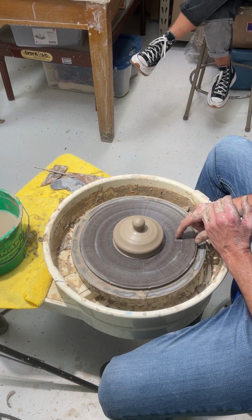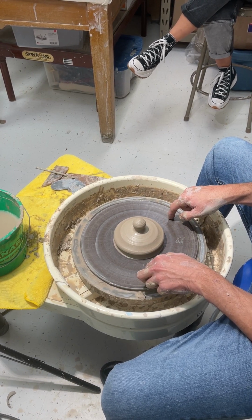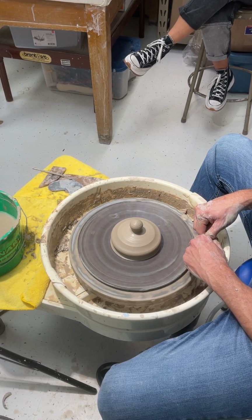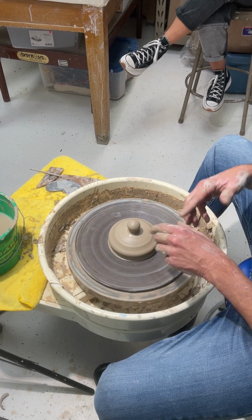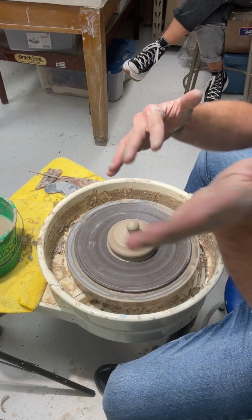I always tell people on this lid, learn this one, because all the other ones are way easier. Because this is the trickiest one, but it's the hardest. So it gets easier now. And then on Wednesday, I'll have a couple more lids. I'll probably be able to trim this one out on Wednesday. So we're going through bowls, bringing in lids, and kind of we're in this like